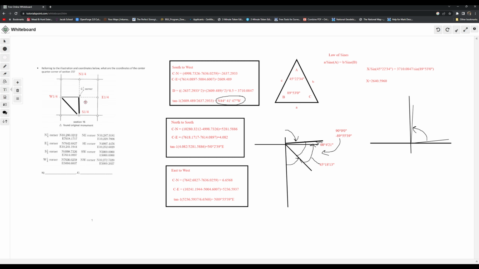So this x, what we just calculated, was essentially this line here, right? And 2640, let's think about it. This would technically be considered 40 chains. So 40 times 66, converting it to feet, 2640. 2640.59, that's pretty close. So that makes sense. Now, we need to calculate the northing and easting coming from the south quarter corner,